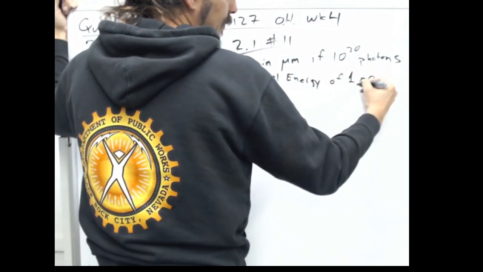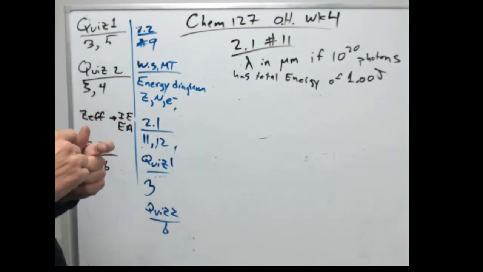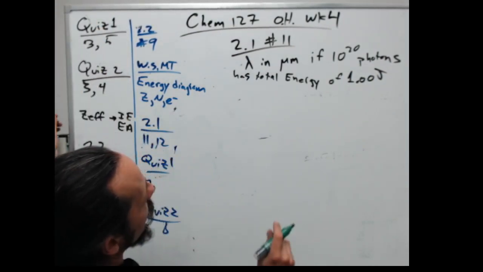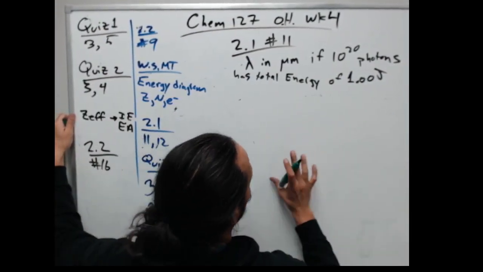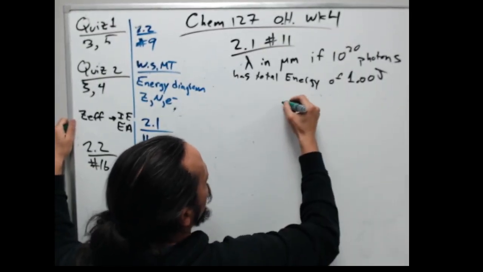It says 1.00 joules, yes? Yeah, 1.00. Okay. And it says total energy? The wavelength of a photon, if 10 to the 20 of these photons combined have an energy of 1. Okay, combined. Some way that says this is all together. Okay, so